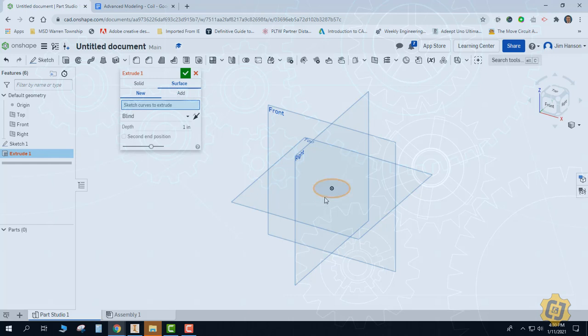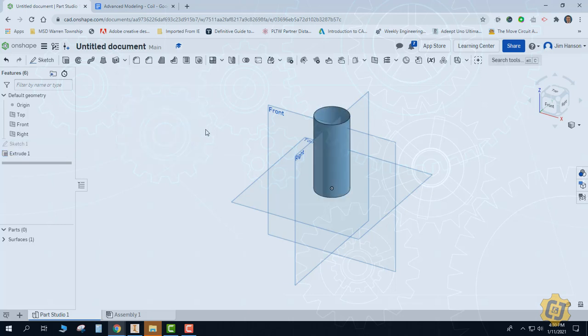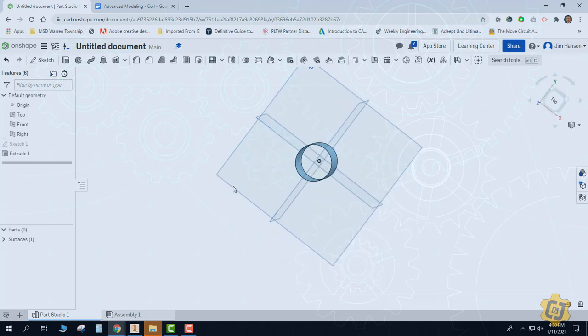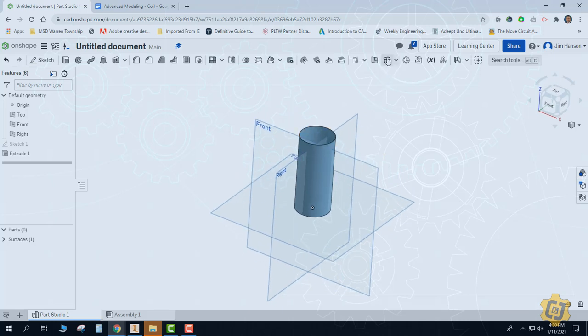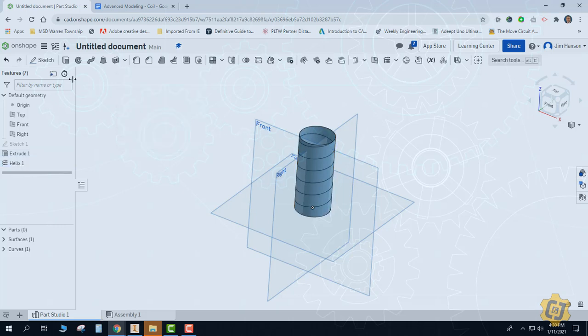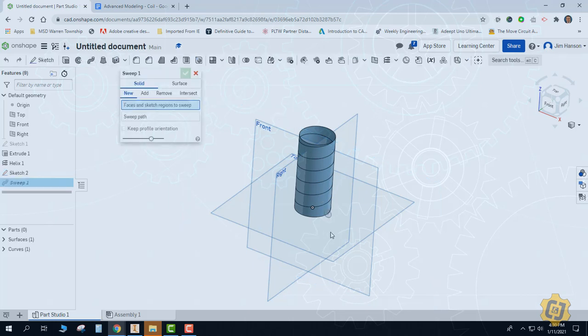When we do that, I can go ahead and pick my cylinder, decide whatever height it's going to be, and say OK to that. And now I don't have a solid. There is no real cylinder per se there. It's just a thin wall that really doesn't have any thickness to it at all. I can now go ahead and do everything the same as I did last time. I can say Helix, pick the body, say however many revolutions I would like, select OK to that, put on my profile, sweep that along the path,